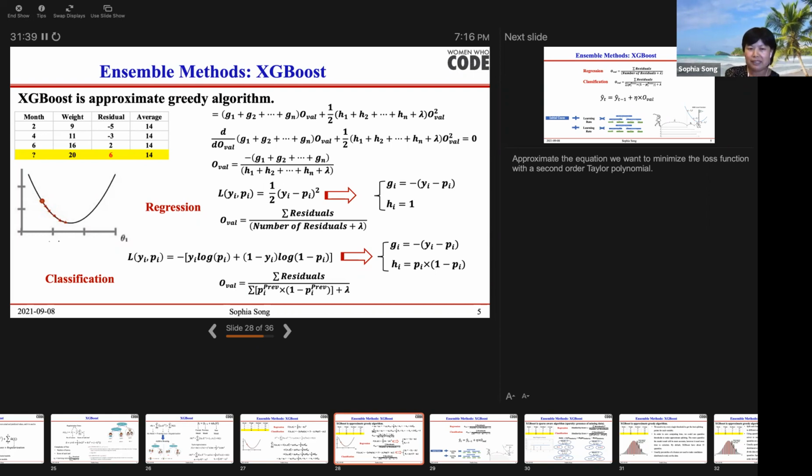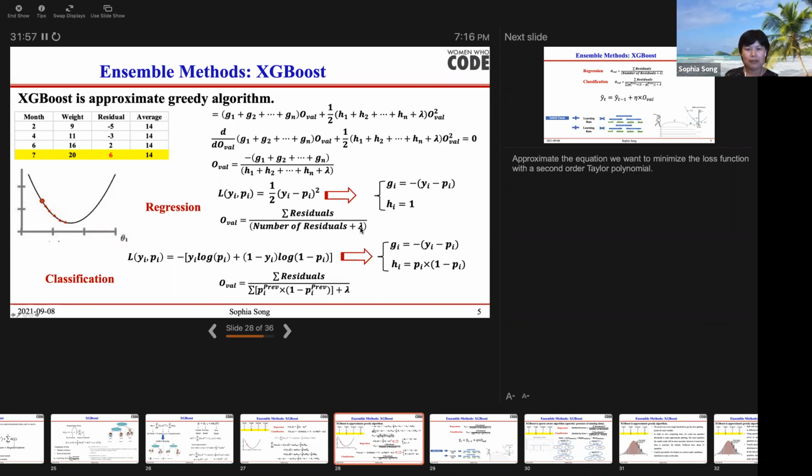It's very beautiful. So the final output is the sum of your residuals divided by your number of records, plus this regularization